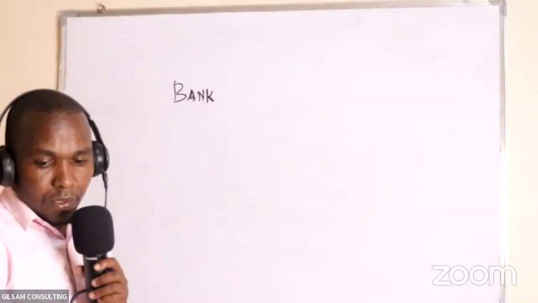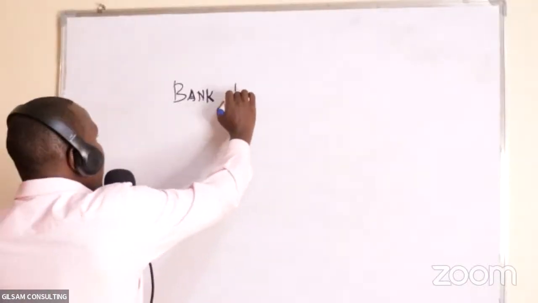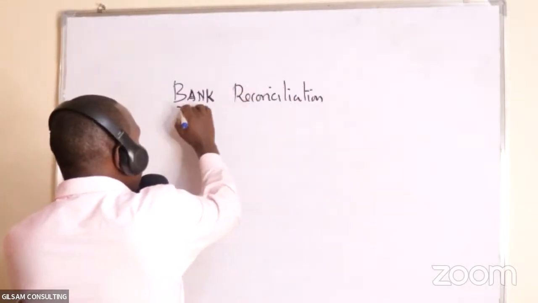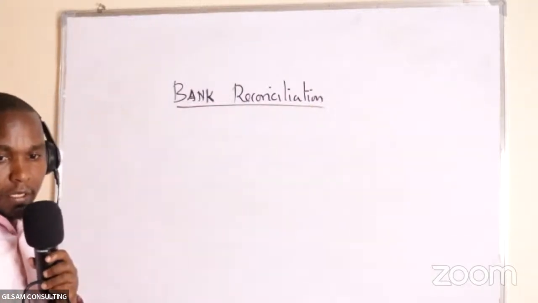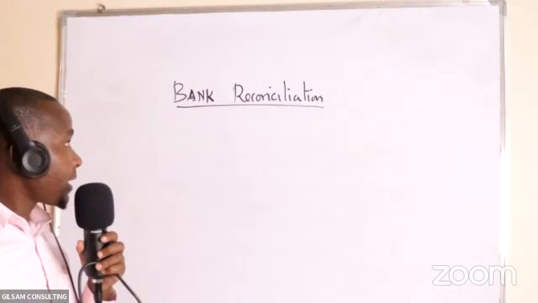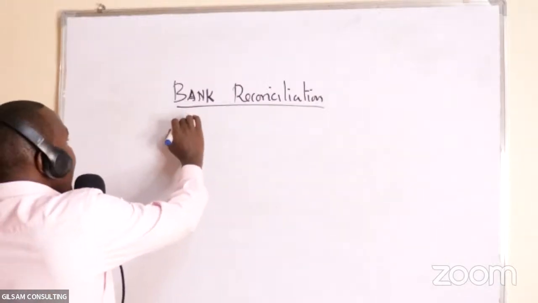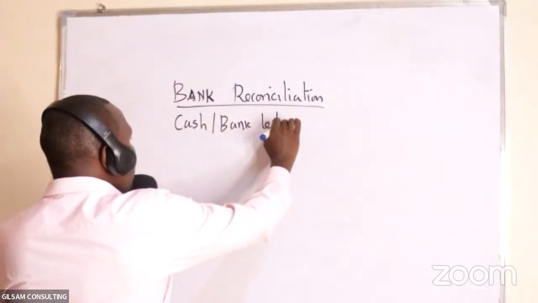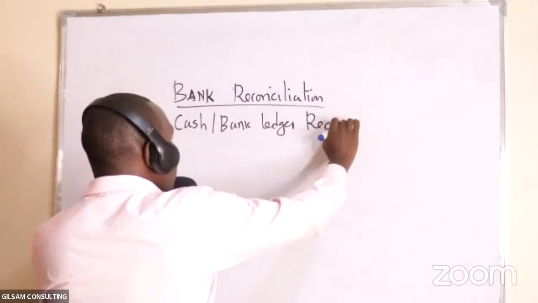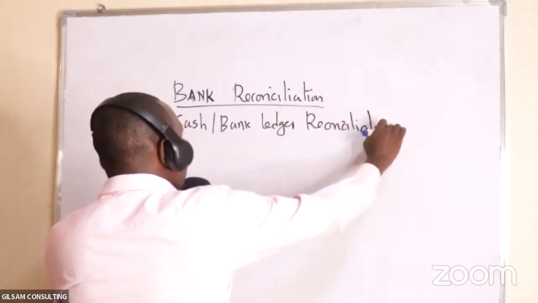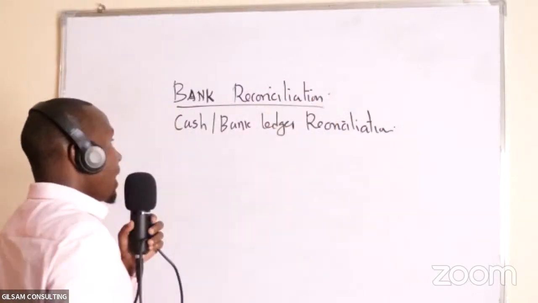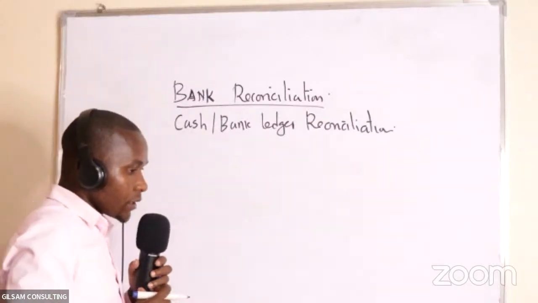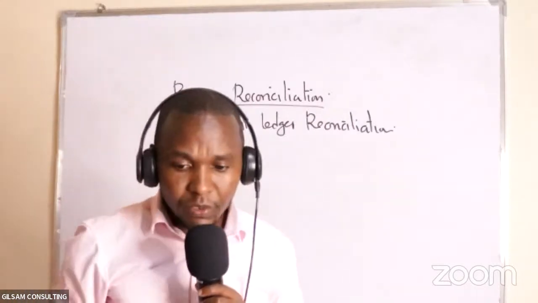So before now you do bank reconciliation. Remember bank reconciliation, we are not reconciling bank alone. We are also reconciling the cash or bank ledger. We are only doing reconciliation for bank and cash ledger. So what happened at the end of every month, because reconciliation is done every month, because